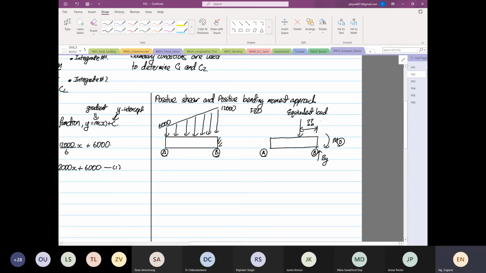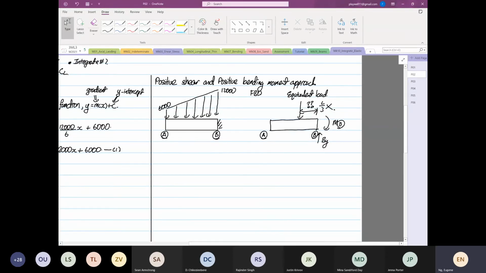This is not L over 3. L over 3 is only for a triangle. This is not a triangle. So this is not L over 3. So therefore we have to apply